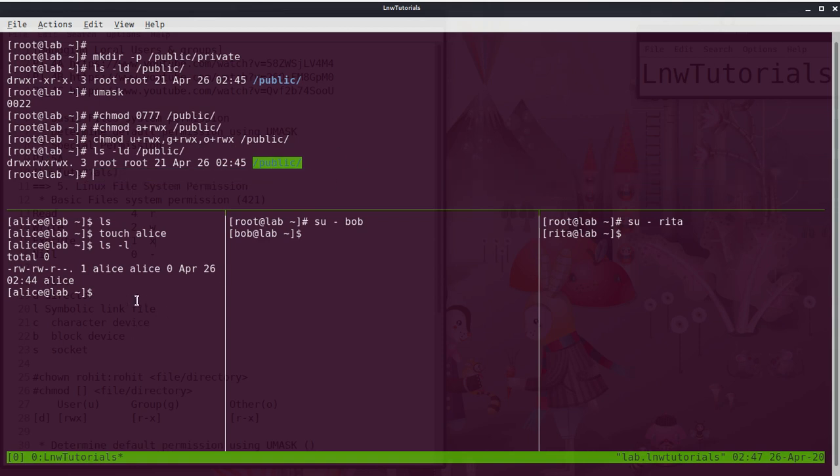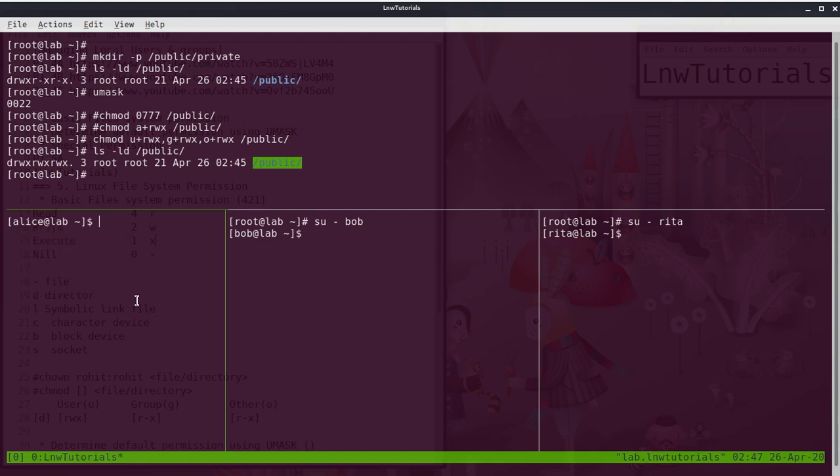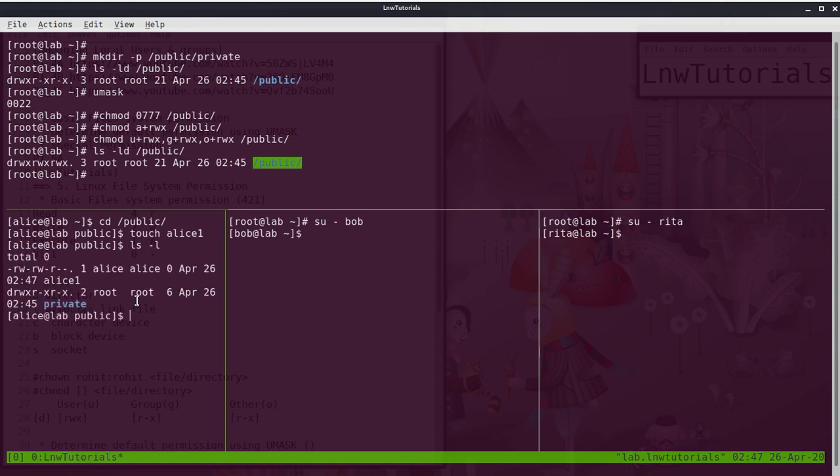Okay, now I come to the Alice window, and Alice goes to the path public. Alice tries to create a file, touch alice1, hit enter, ls -l. It is created.